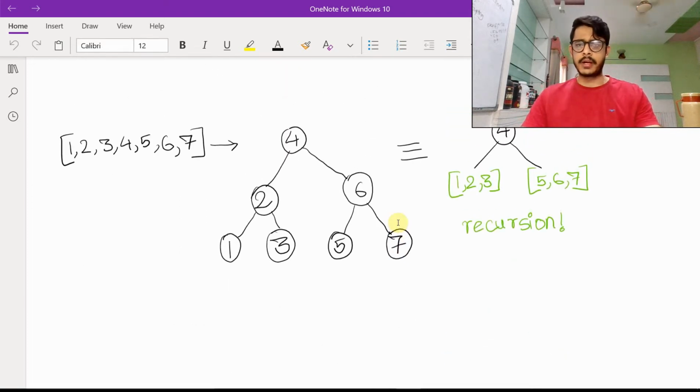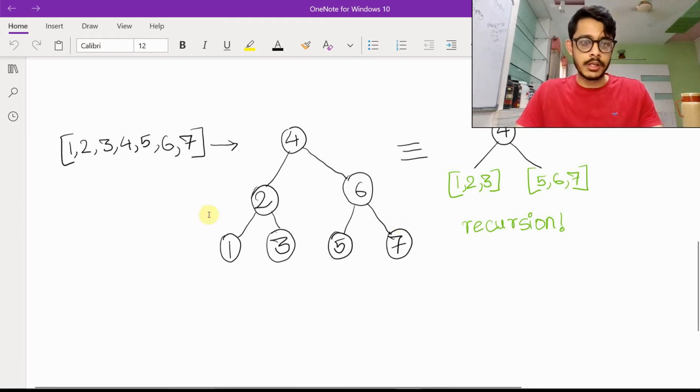Let's look at a more complicated example, and this will bring forth the second observation. So in 1, 2, 3, 4, 5, 6, 7, we know that 4 is the middle element, so this becomes the root here. Okay, but now what happens?